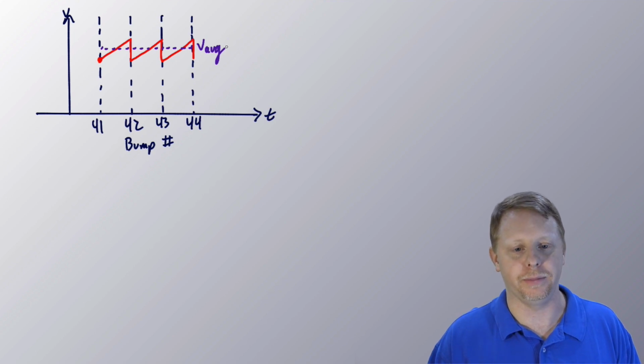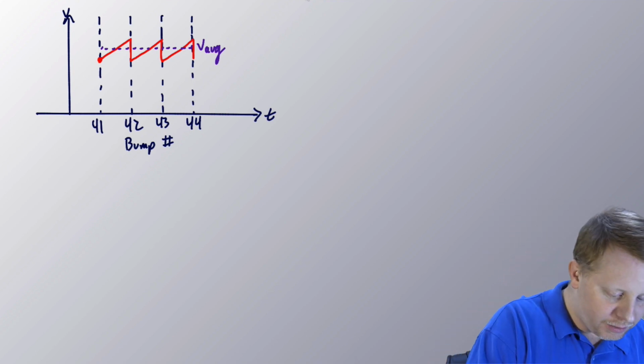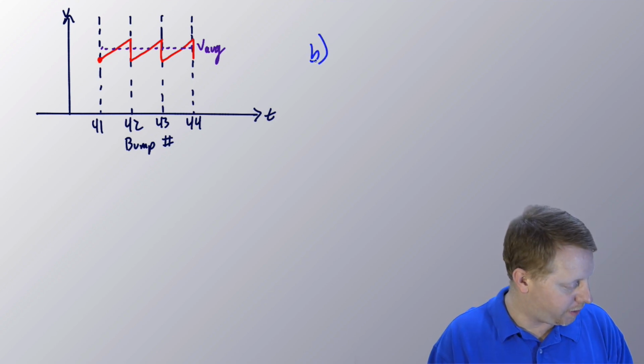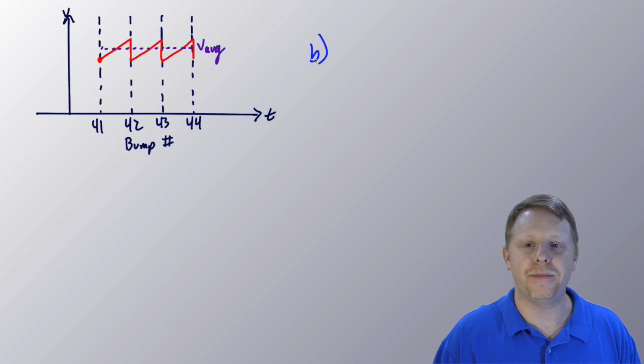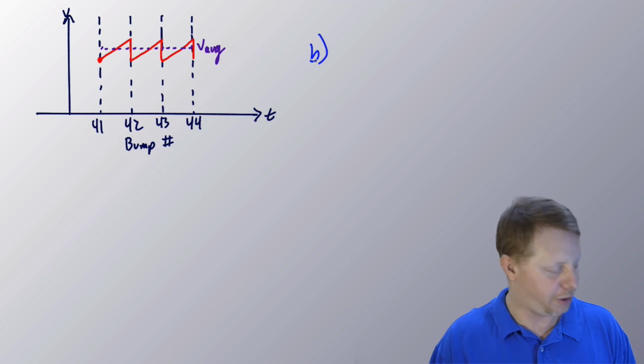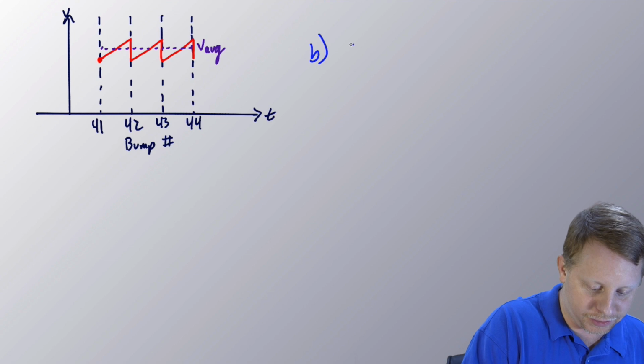Now, suppose the distance between the bumps is increased, but everything else stays the same. So the bumps are further apart. Is the maximum speed of the cart now greater than, less than, or the same, and why? Well, as I look at part B, I start to think that it has more time to accelerate between the bumps, so it's going to have a faster speed prior to hitting the next bump. It'll take a larger force to return the cart to its prior speed, so overall the cart must be going faster. So I would answer greater than,